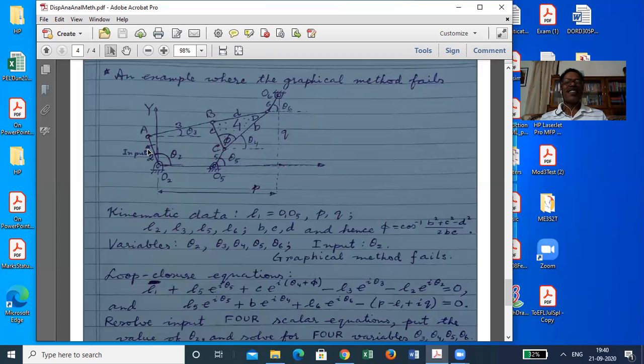Rather than this, if this were the input, then it would be easy. You would fix this, or this. If this is the input, then also it is easy. Out of 5 or 6, whichever is the input, it would be fine. There would be this loop where after prescribing the input, only a dyad would remain, and that you could assemble. And the moment you assemble that dyad, that would fix this link entirely, in particular this point, and that would leave the rest of it as a dyad. But this is not the input. So this is a complex mechanism.